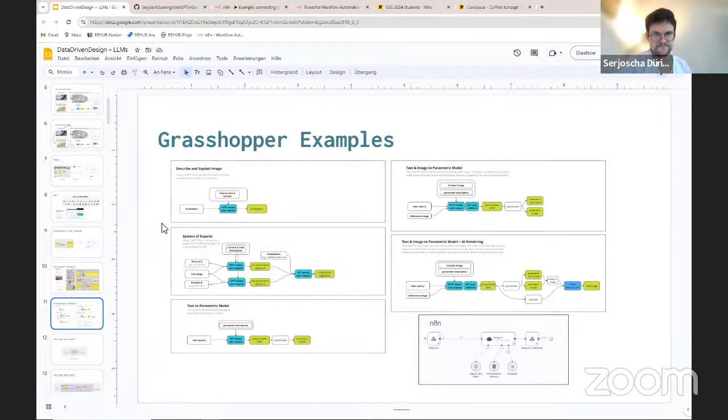One is to just describe an image, for instance, what's happening on your screen, which describes a Grasshopper script, for instance. Then the more interesting system of experts. There the idea was that you call two models. Each model gets the same set of basic instructions and context information, for instance, the image of your urban quarter with some stats to it, and then they are instructed to analyze the situation from two different perspectives.